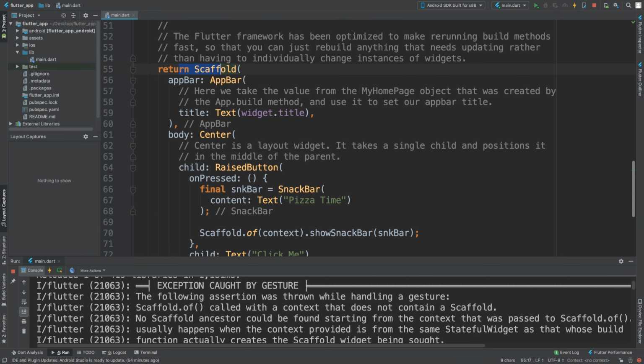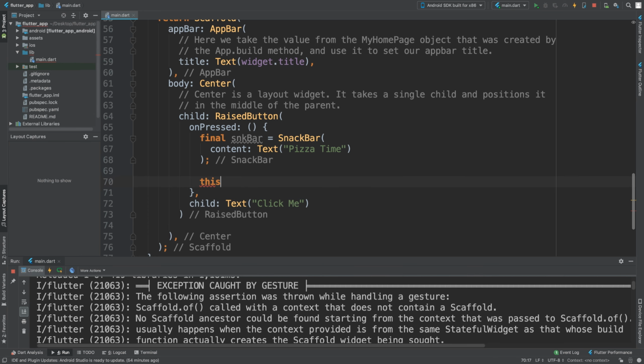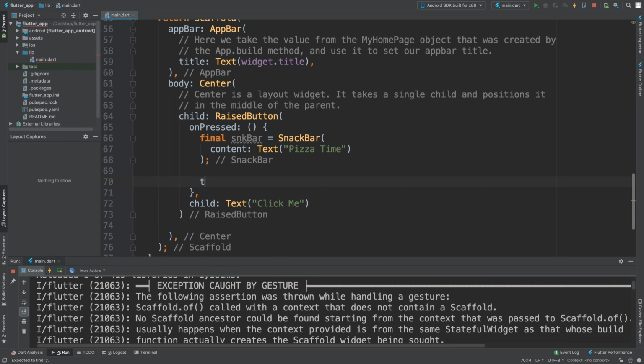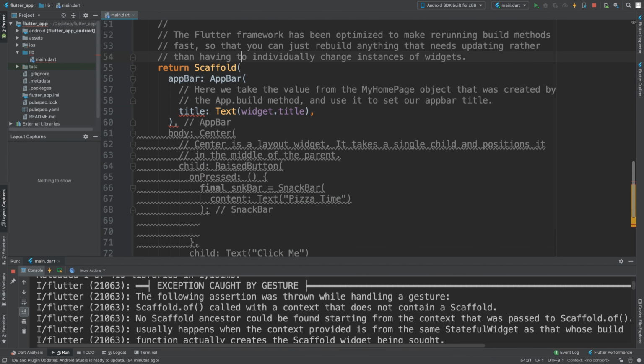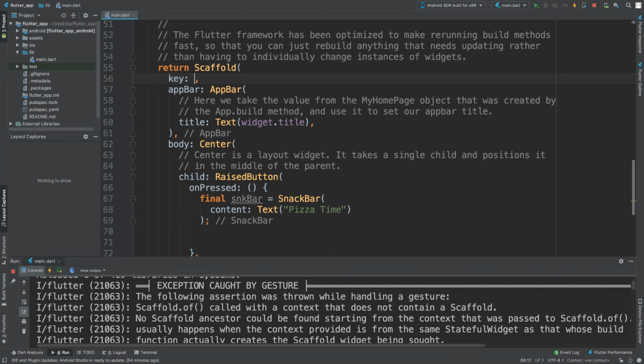What we want to do is trigger it with this scaffold, not that. For the scaffold, we can add a key, and that basically allows us to refer to it. So if I say underscore scaffold,